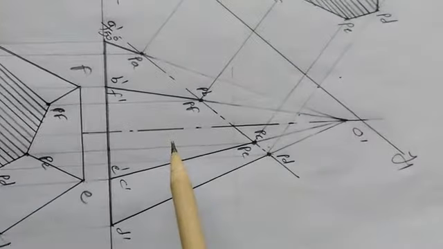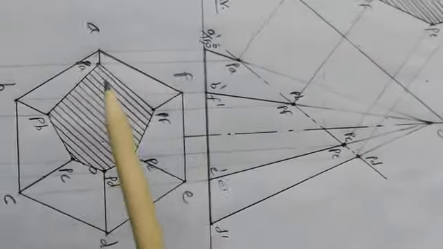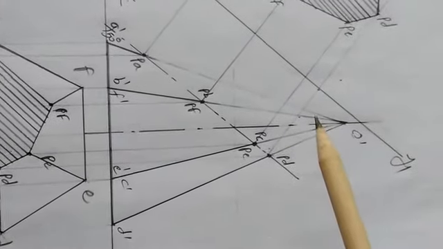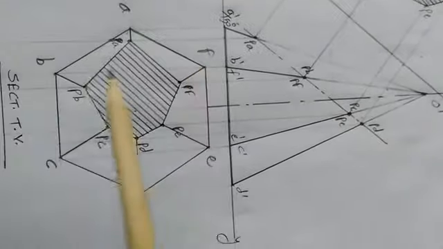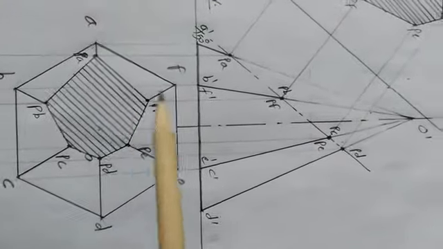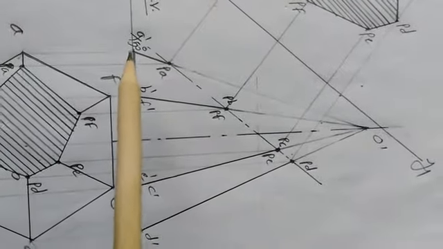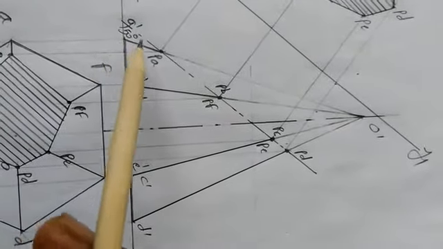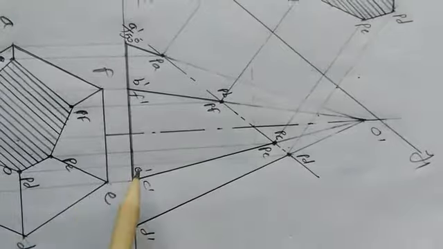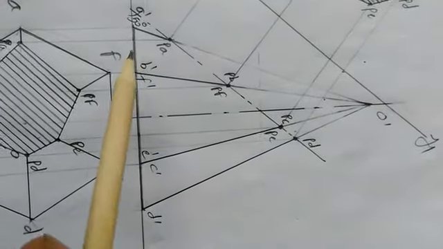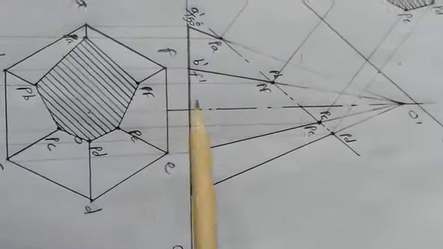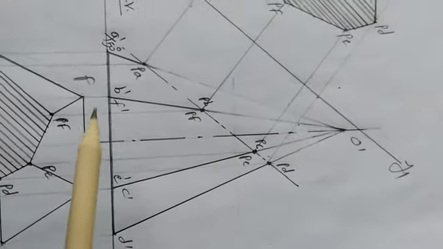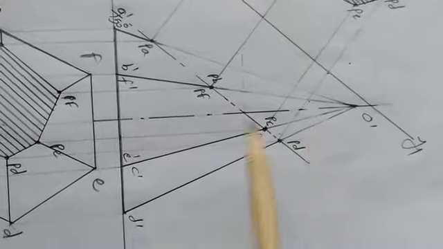Second view, as usual, front view image, all the corners have been projected from HP over to VP. Naming, it is resting on HP, so all the base corners are on HRL. See here. So names are here: A dash, B dash, C dash, D dash, E dash, F dash. In this way I have named here. O dash is the apex. So initially the second image also you have to finish in this way.